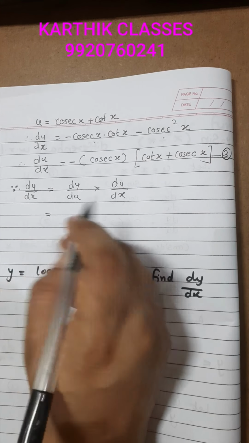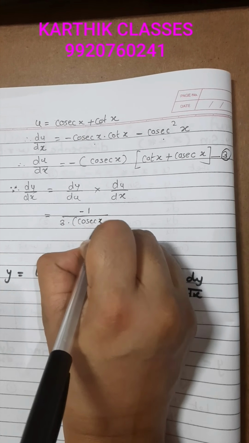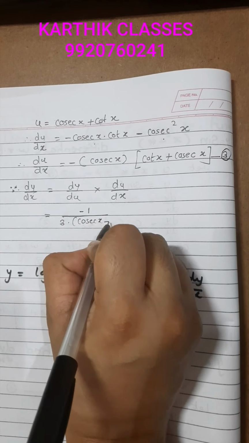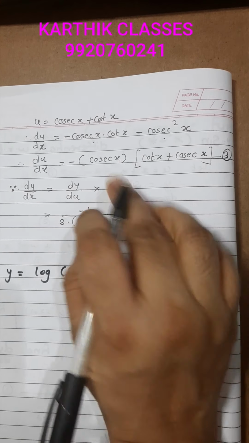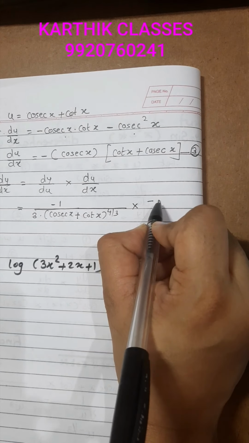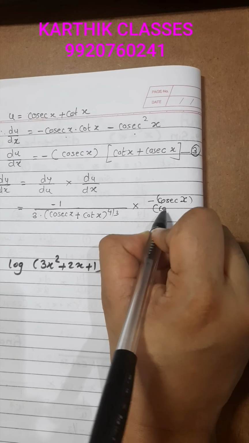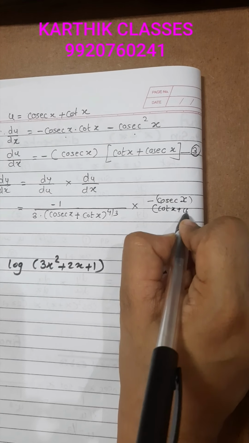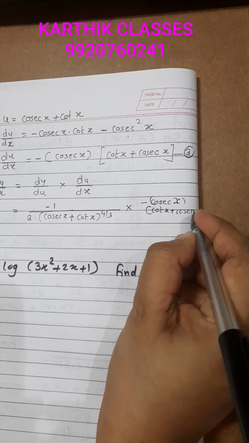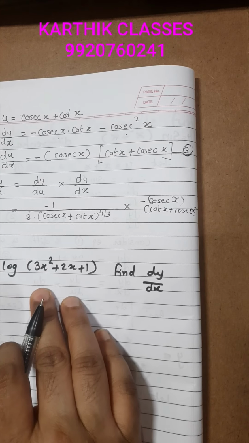We have dy by du as 1 upon minus 1 upon 3 into cosec x plus cot x raised to 4 by 3 into, that is from equation 3, this is our minus cosec x into cot x plus cosec x, and this is our final answer. Okay, our final answer is going to be,